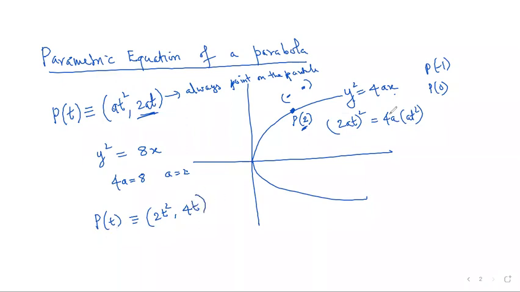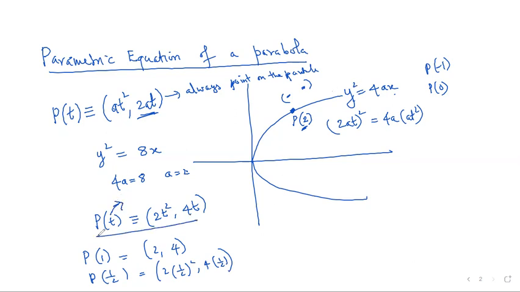This will be any point on this parabola. Suppose I put t's value as 1, I'll get one point on the parabola. If I put t's value as half, I'll get another point on the parabola. Do you understand this? So every point on the parabola can be obtained by putting different values of t, and